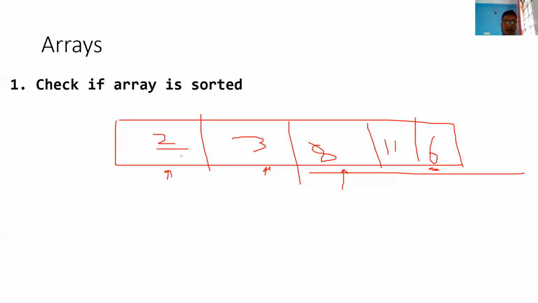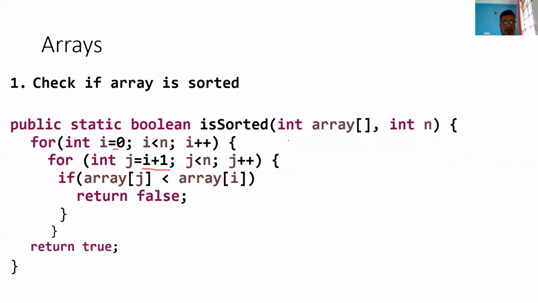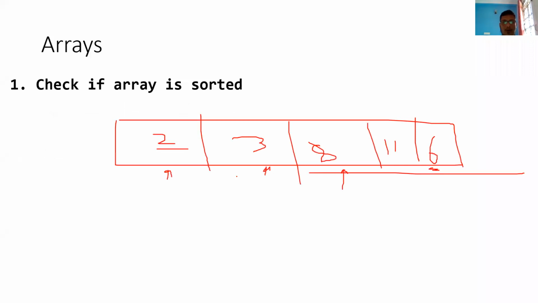Because one is for iterating this element and comparing, and the second one is for changing the next element. So definitely this will be big O of n square, sorry, theta of n square. Why is it theta? Because you need to compare each and every element, right? There is no best and worst case here, there will always be an exact case, irrespective of whether it is sorted or unsorted. The comparison logic has to be done, and you need to iterate with 2 for loops. So that is the reason it is theta of n square.